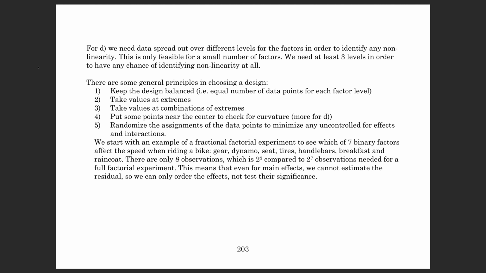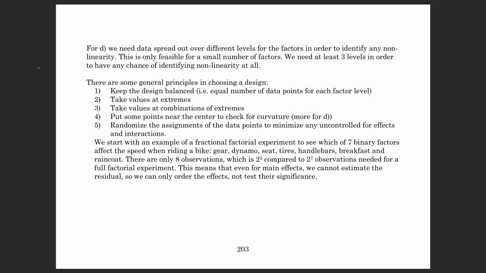That also means that the third one, we want values at combinations of extremes. Fourthly, we do usually want some points near the center to check for curvature, so particularly for a question type D. And then lastly, this is very important, we randomize the assignments of the data points to minimize any uncontrolled